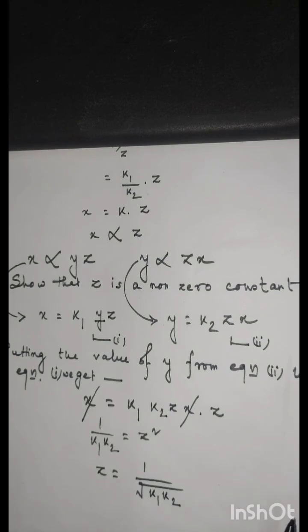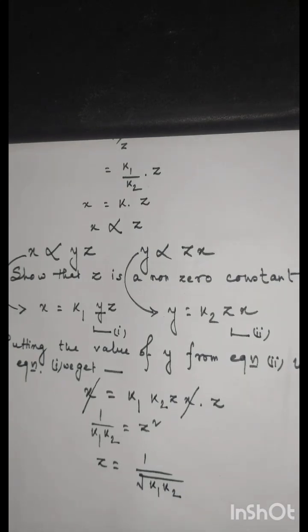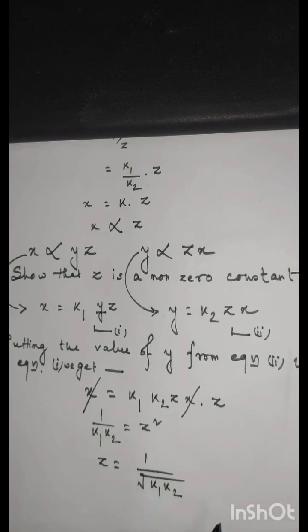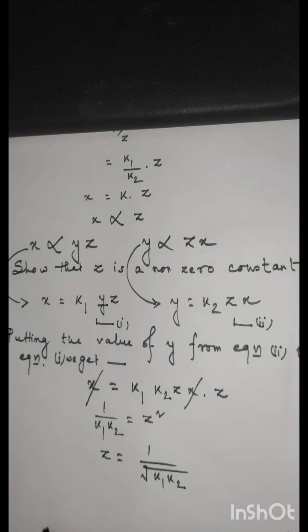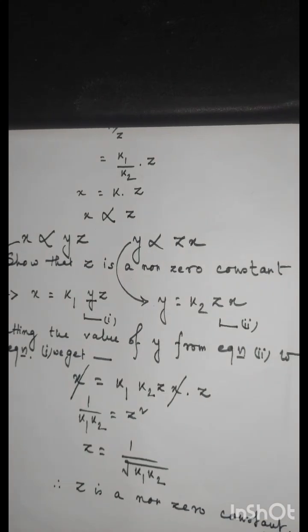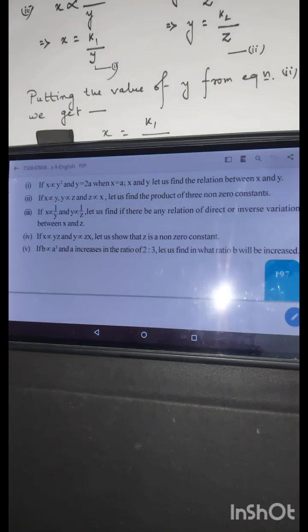So this is the value of z. So this is obviously a constant, so we can write therefore z is a non-zero constant. Done. Let us understand question number 5, which says if b varies as a cube and a